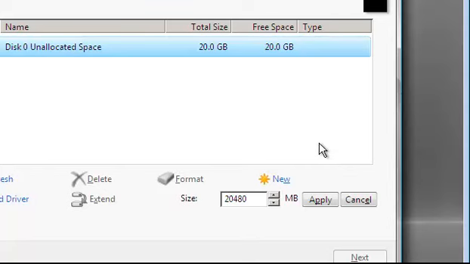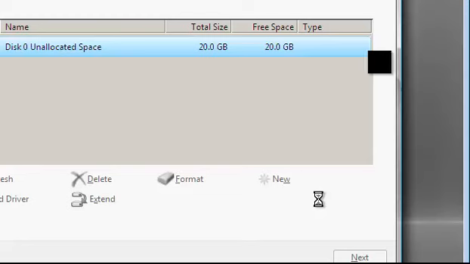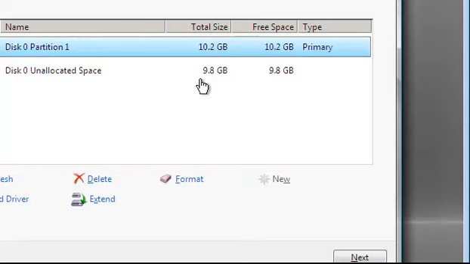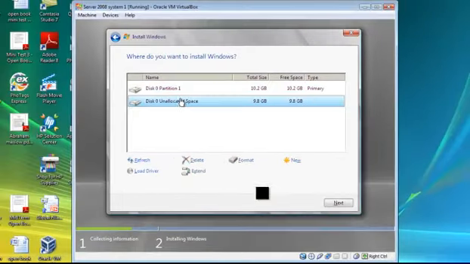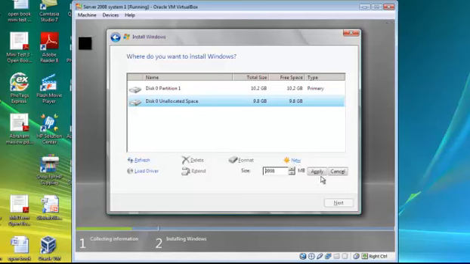We're going to go ahead and now partition and select the size that we want the drive to be partitioned in. So I'm going to take off 2 and put 1, so it will be roughly half the size of the drive, and click apply. And here we see Windows is now trying to create that space. Great, and we now see partition 1 primary, and now we select the second part, click new again,